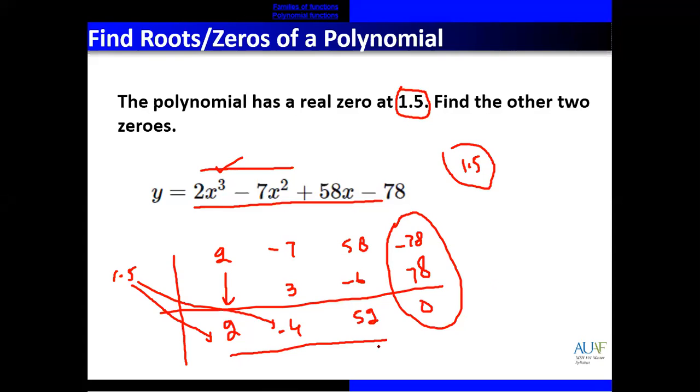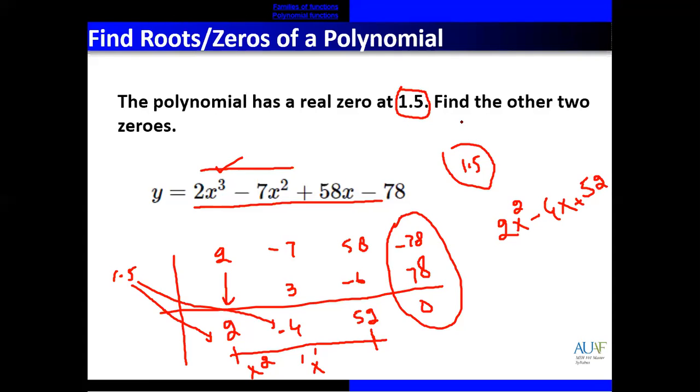Okay, last number. Stop. Listen to me. This number is your constant number. Then the second number is x power 1, and the third number is x square. So now we have to write down x square. What is the second one? The second one is minus 4x. And what about the third one? The third one is a constant number, 52.